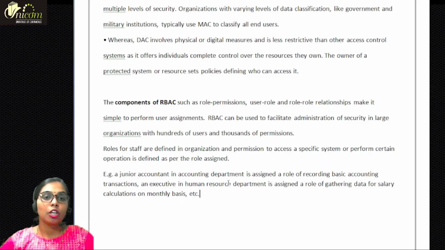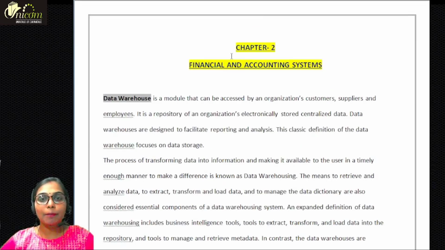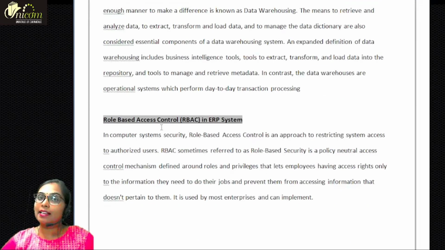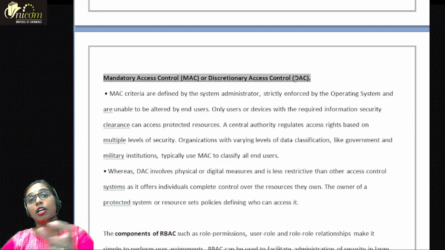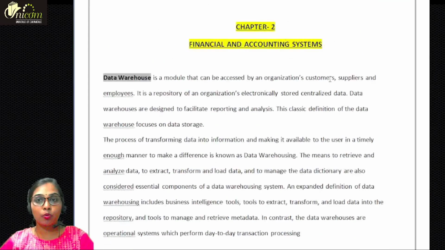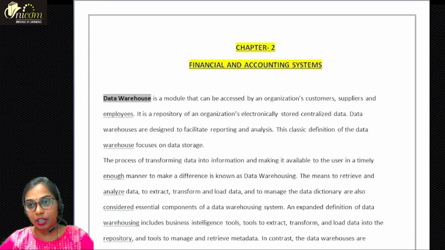ठीक है, तो चैप्टर 2 में हमारा डेटा वेयर हाउस, रोल बेस्ड एक्सेस कंट्रोल, ठीक है, एंड MAC and DAC. They can ask you a shortcut also, like in MCQ, what is the full form of MAC or what is the full form of DAC. So don't forget, make sure you have a proper note of it. Okay, so